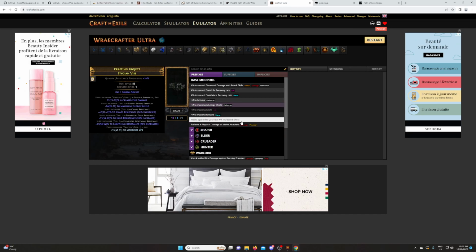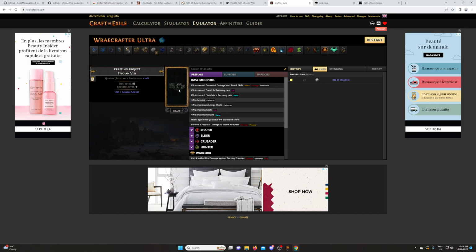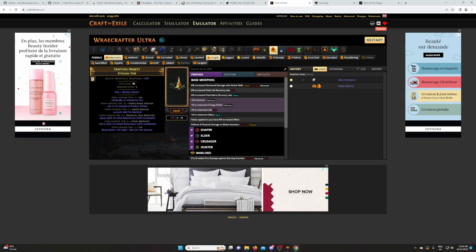You can remove mods. You can see what could happen. What would happen if we scour it, for example, and then what would happen if I were to craft with Frigid, let's say, or something like that. That way, you can test instead of spending all your currency in game. You can just test on this website. All right. Next,